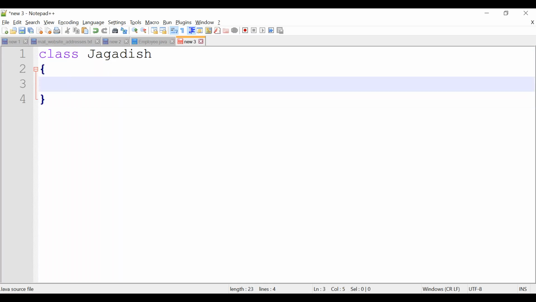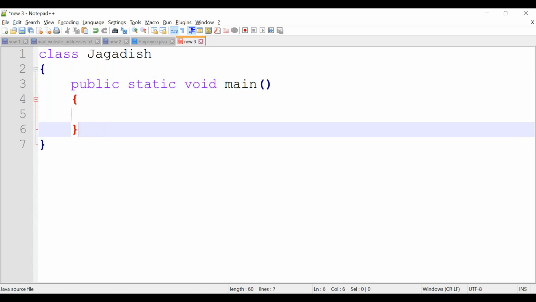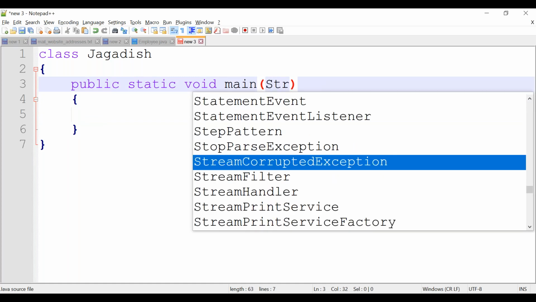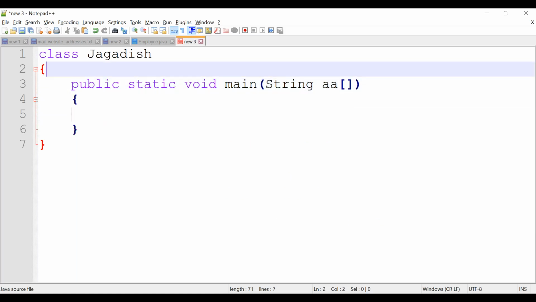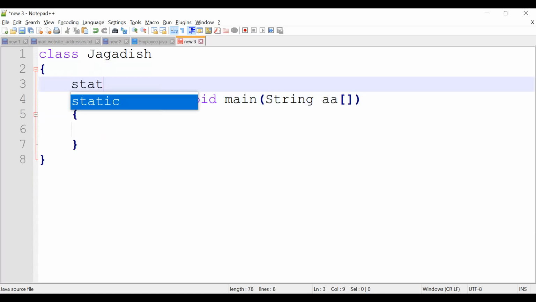I am having public static void main. I am having one static attribute, static int count equal to 100.